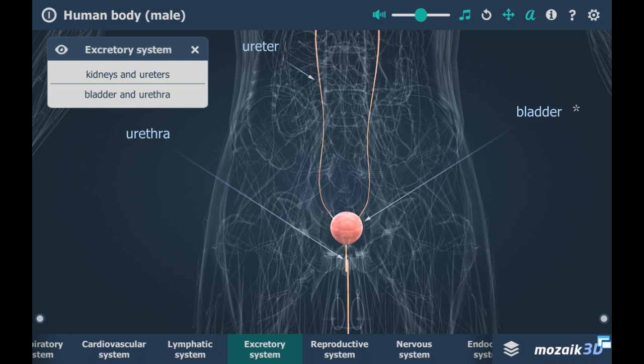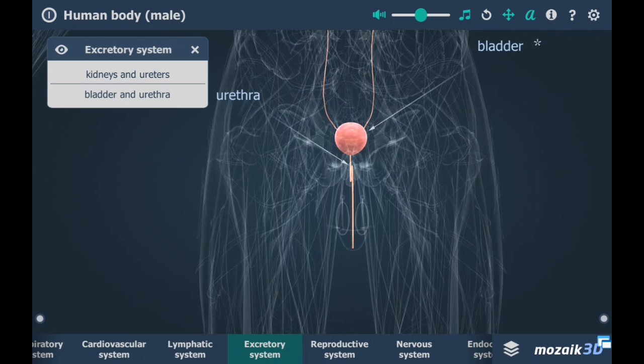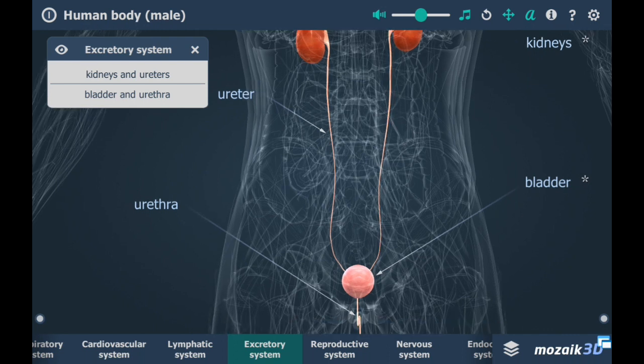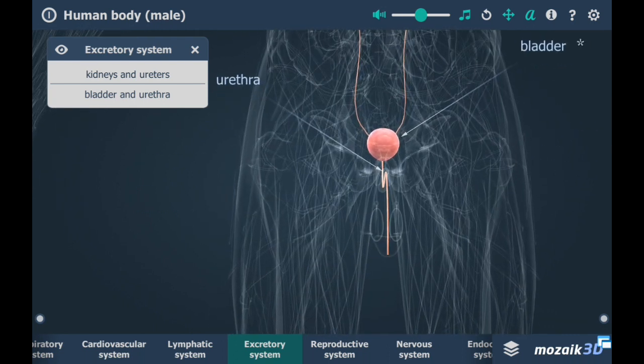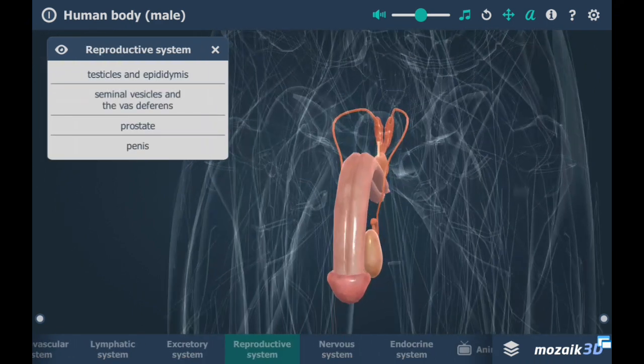It's called the appendix. It just produces mucus. Let's get back to the topic. So the urethra, that's where urine gets out of the body. Let's move